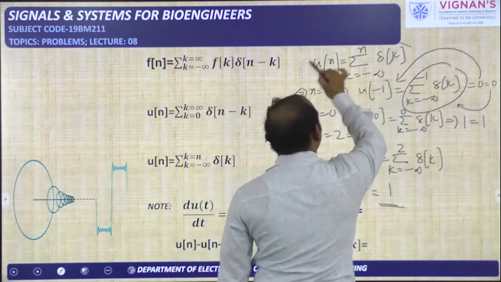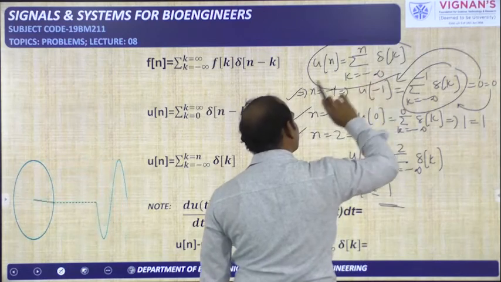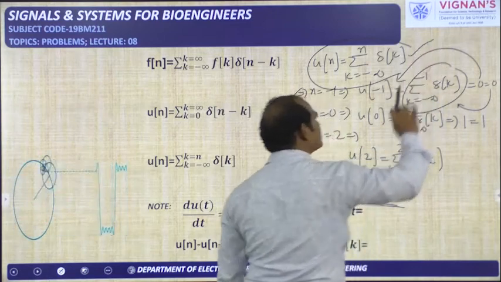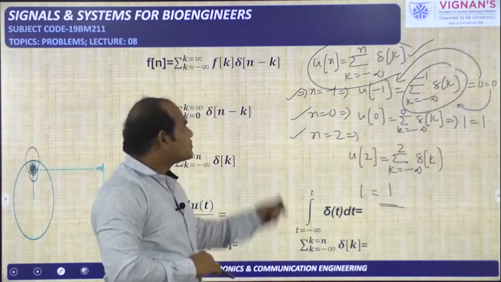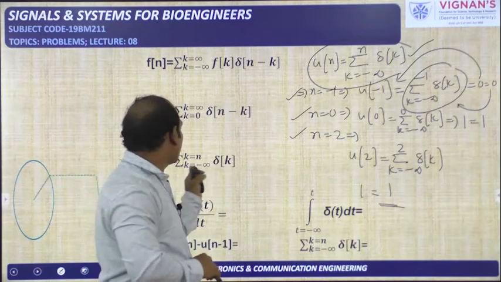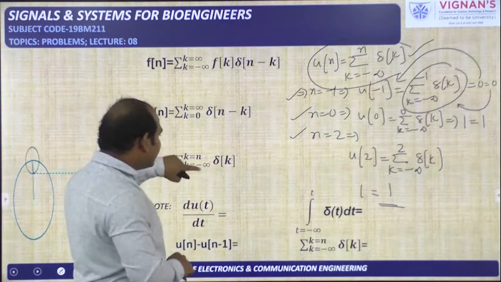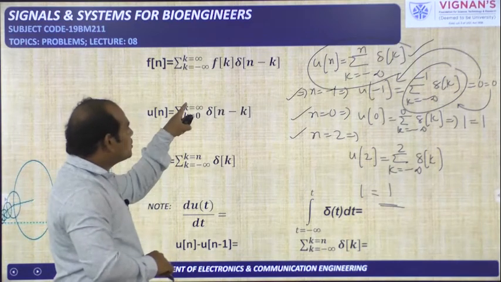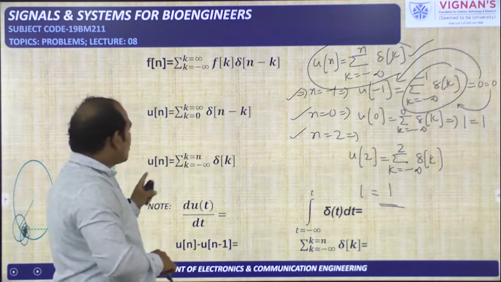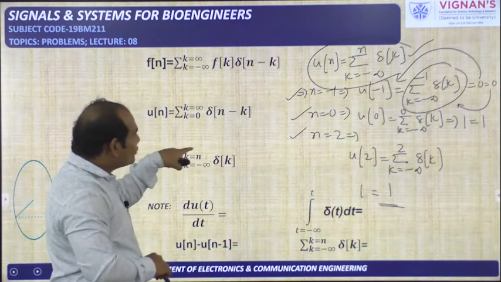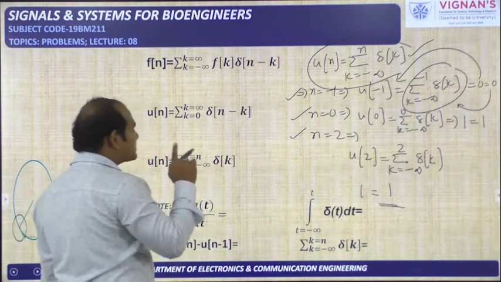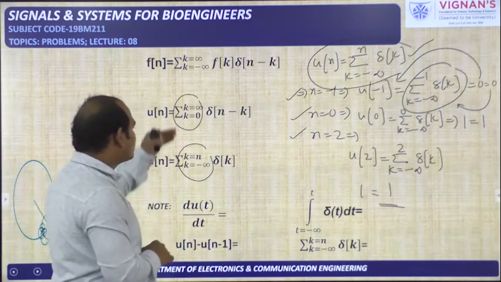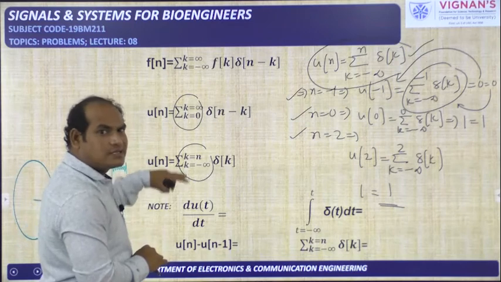So this equation is satisfied for all negative values of n, 0 value of n, and positive values of n. So in that way also we can write the u of n. So u of n can be written in terms of the del of n in two ways. U of n is equal to sigma k is from 0 to infinity del of n minus k. U of n is equal to sigma k is from minus infinity to n del of k. Here you should concentrate more on the limits, how limits we have taken. We have proved this one and this one. Much practice is required here.